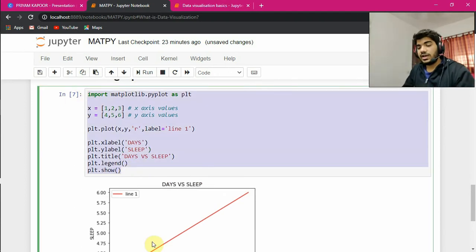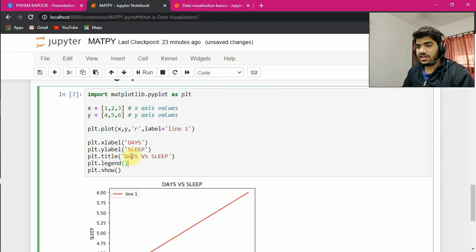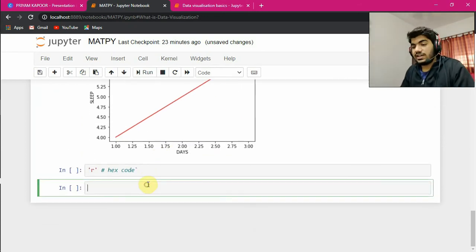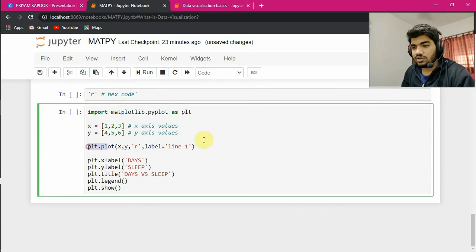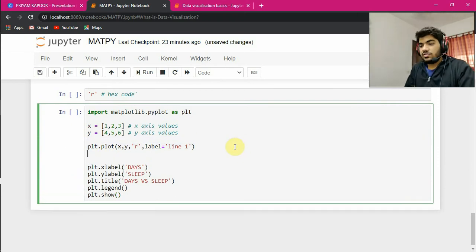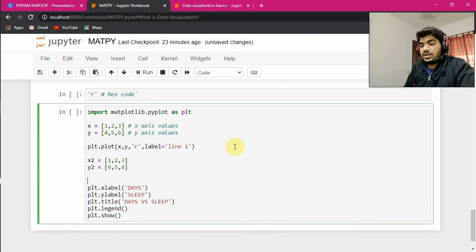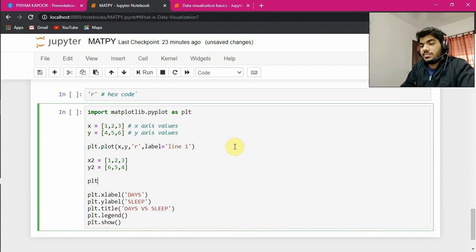Now let us say you have more. If you want to copy this, you can, it's your wish. But the next thing is giving more than one line graph. Let's say this is my plt.plot. And I also create one x2 variable, and it has values 1, 2, 3, and y2 as 6, 5, 4. Now I plot it as well. So plt.plot, and I give x2, y2, and I give label as line 2,